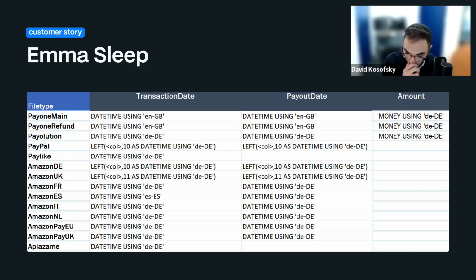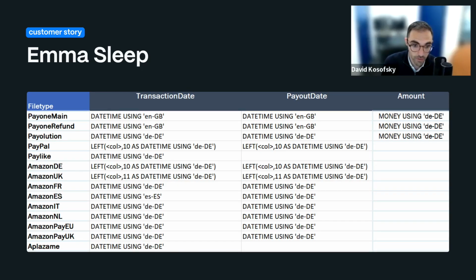Another solution is with the formatting. As we mentioned, dates can be very tricky. So there was an automated date formatting solution in place, which took into account the date format of a given location and also of a given payment provider, and standardized it. So after the automation had run, all of the dates were showing up in the same format. This is obviously hugely helpful if we want to have consistency from a financial accounting perspective across all of our different inputs.